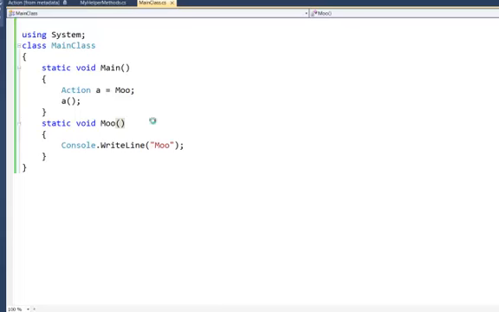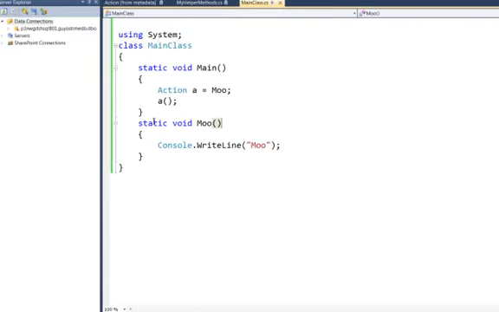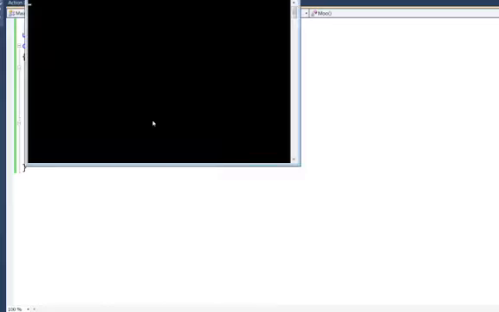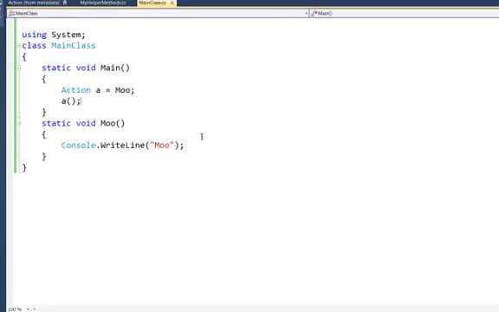Oh wait, I'm hitting the wrong hotkey. Okay, so there's the debugger version. There's the Control F5 version where you get press any key to continue, and we get move. Okay, so a lambda is essentially a method that is much more concise than what we see here. So if I say action A gets move, instead I can literally just take move here, cut it, paste it